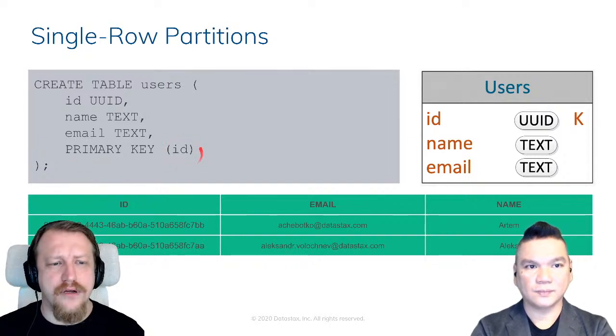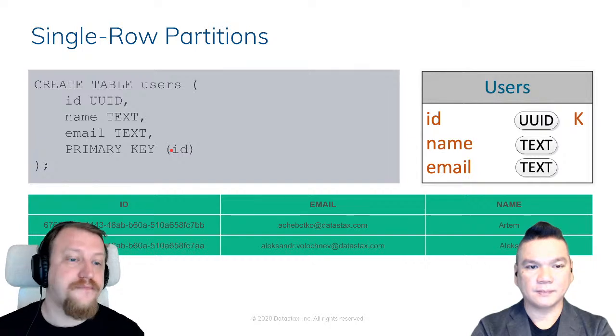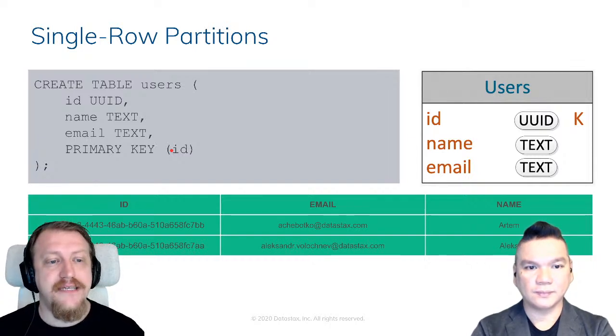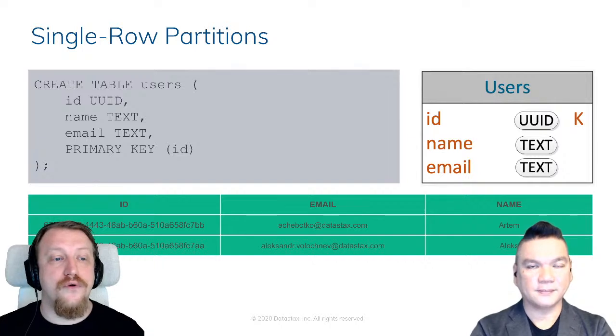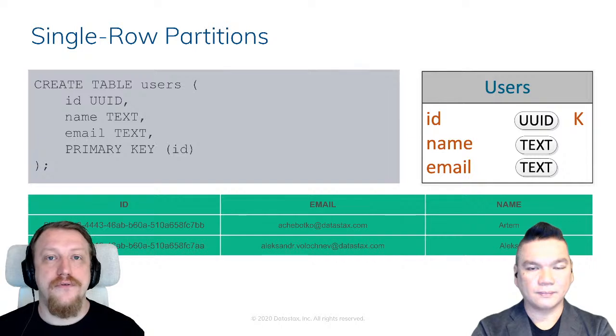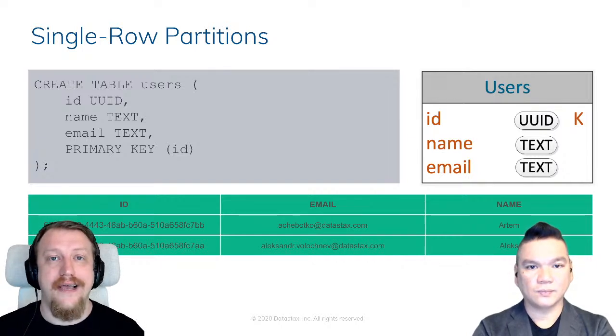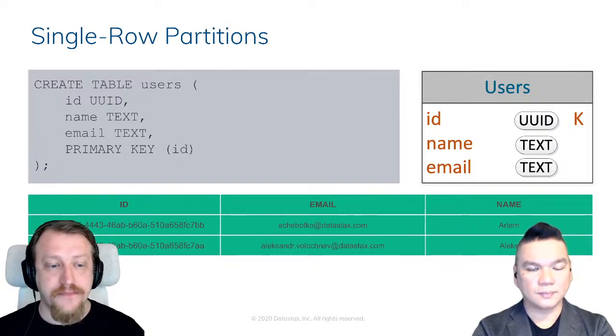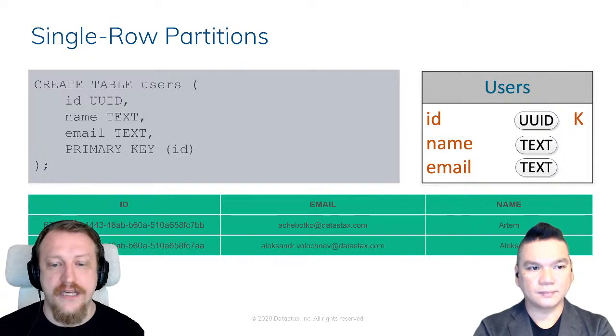So how does that work? Primary key was longer before. I will explain. In this case, that's just a partition key which also works as a full primary key. There are no clustering columns. Why? Don't forget, we need clustering columns to ensure uniqueness, but we don't need it this time because that's a UUID. They are unique already. And second, we need them to ensure sorting order for the table. In this case, we don't need that. There is nothing to sort in our case. We aren't going to use anything sorted here.